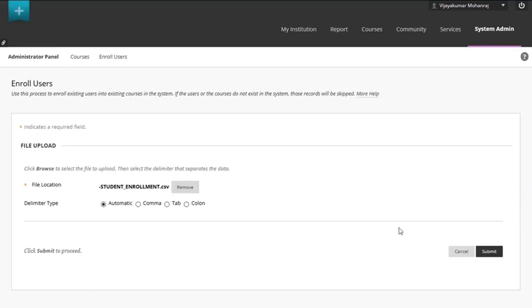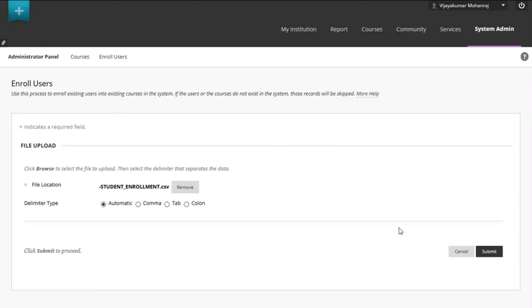Based on the value provided in the third column in the CSV file, that particular user will be enrolled as student, and if the third column is marked with the letter P, the particular user will be enrolled as instructor for that particular course. This is how we enroll using CSV file.